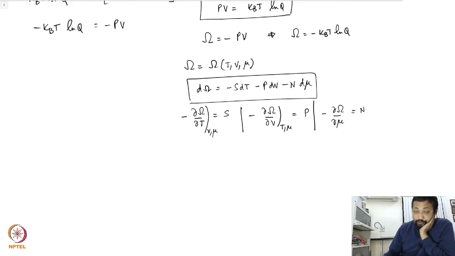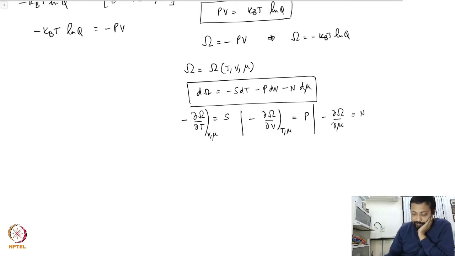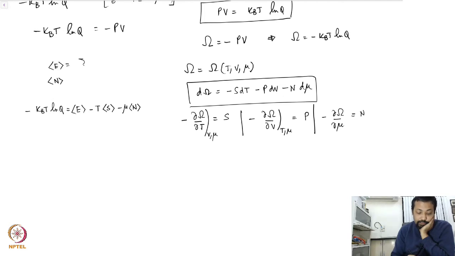One can validate it also starting from the fundamental relation, right? Because I know the expression for average E, I know the expression for average N, correct? I also know that minus kBT ln q is average E minus T average S minus mu average N. So this is going to be the sum over 1 by q e to the power minus beta (E minus mu n), and this E, one has to be careful now, is